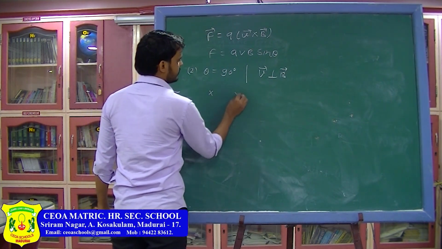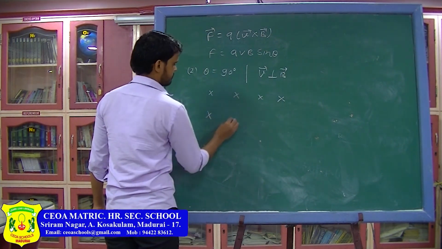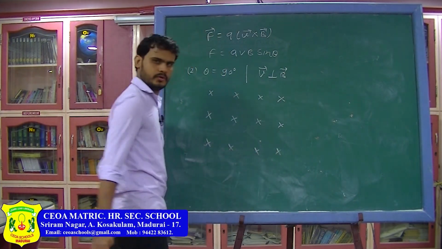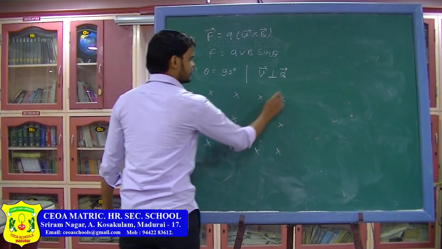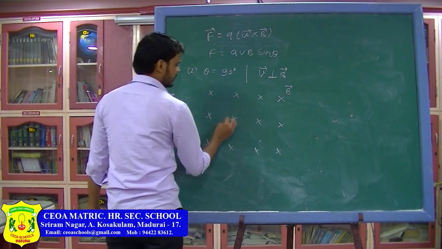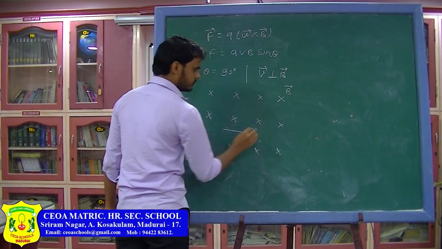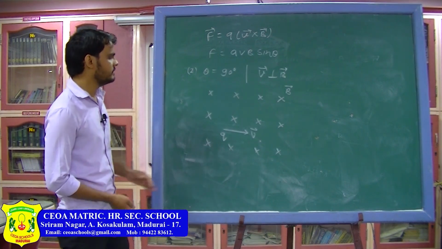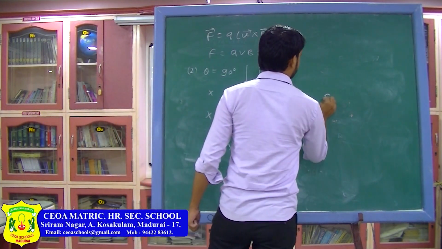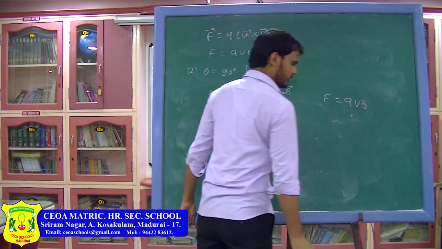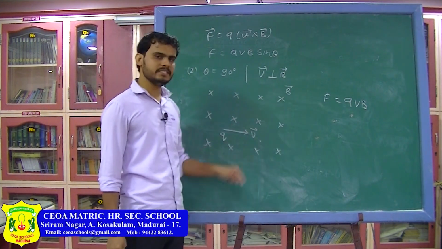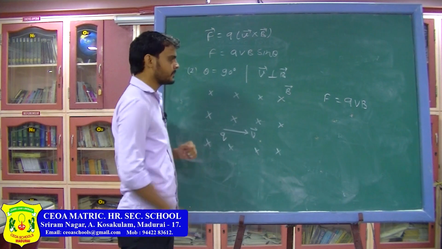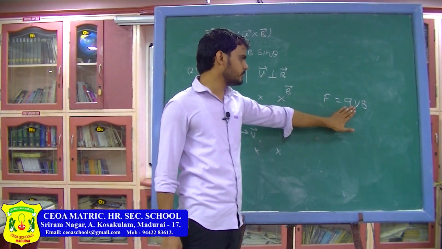So suppose you have a magnetic field in the inward direction. So this is the magnetic field, and the particle is moving in this magnetic field, perpendicular to the magnetic field, with charge q. So from here you can say that the magnitude of the force will be qvB, because here the angle between velocity and magnetic field is 90 degrees. The magnetic field is inward, the velocity is in this direction, so this angle is 90 degrees. So the magnitude of the force will be F equals qvB.